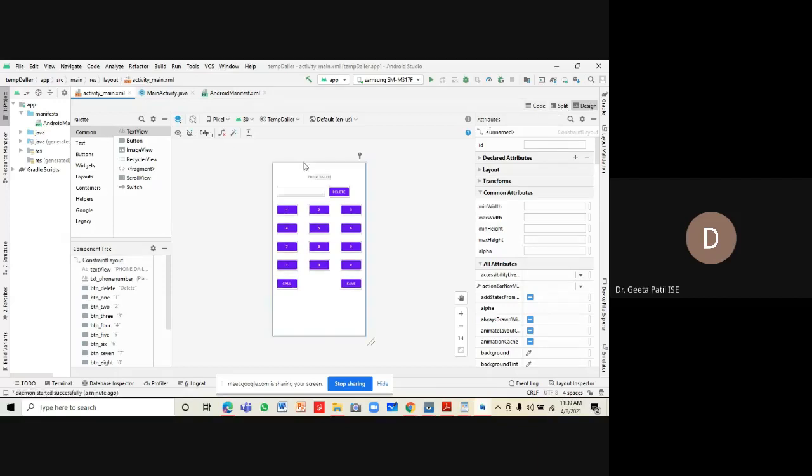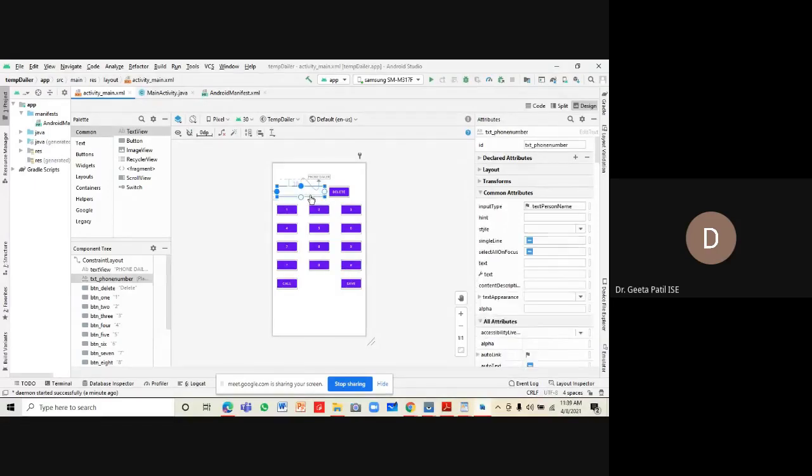Let me explain the code associated with this. What are we supposed to do in this? Whenever any button is clicked, whether 1, 2, 3, 4, 5, 6, 7, 8, 9, star, 0 or hash, the corresponding content should be appended to the content of this text view.